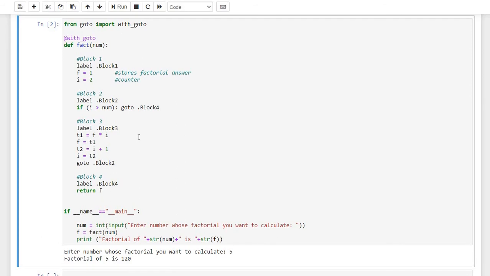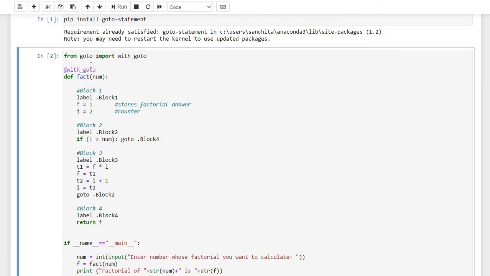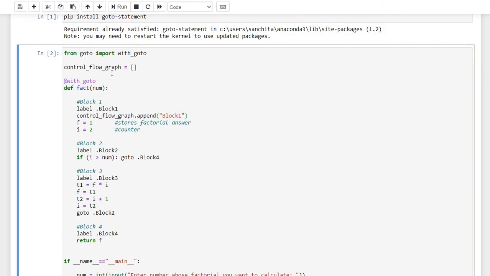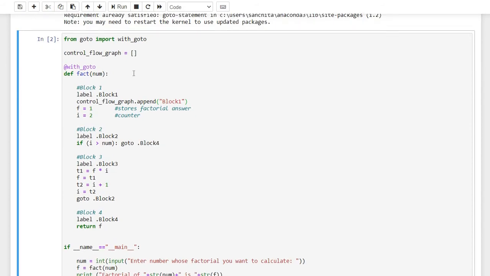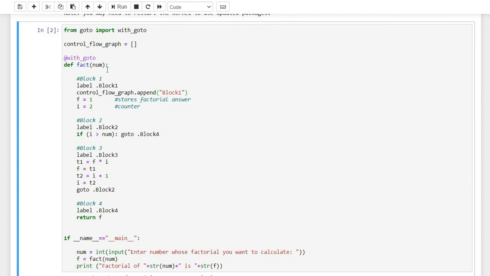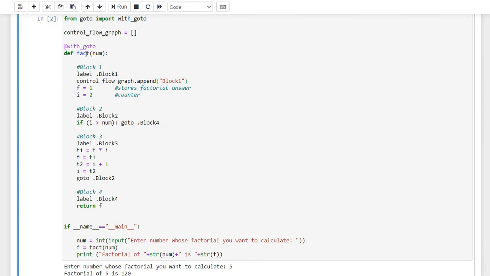Now the other thing is control flow graphs. What if I want to show the control flow graph? So what I'll do is, I made a variable named control flow graph, and it's a list. In this I'll keep adding the block names as and when I pass through them. Like first of all, if I call the factorial function, block 1 would be executed.